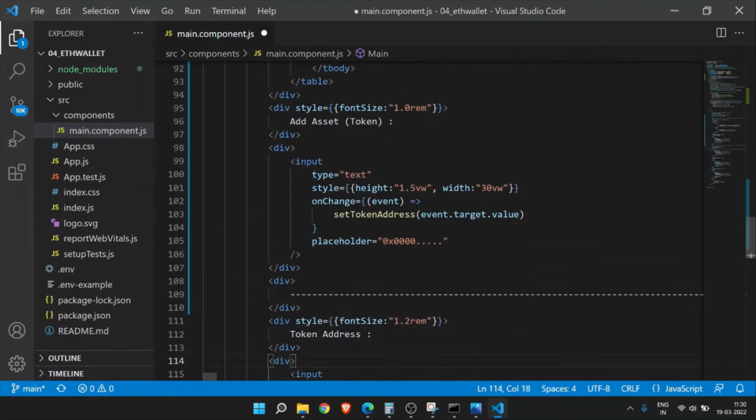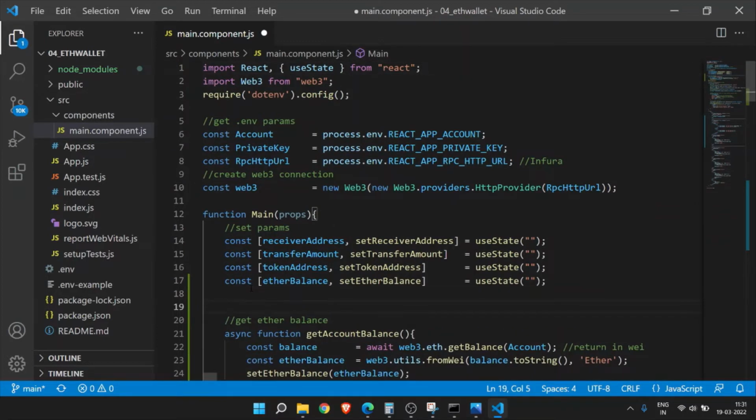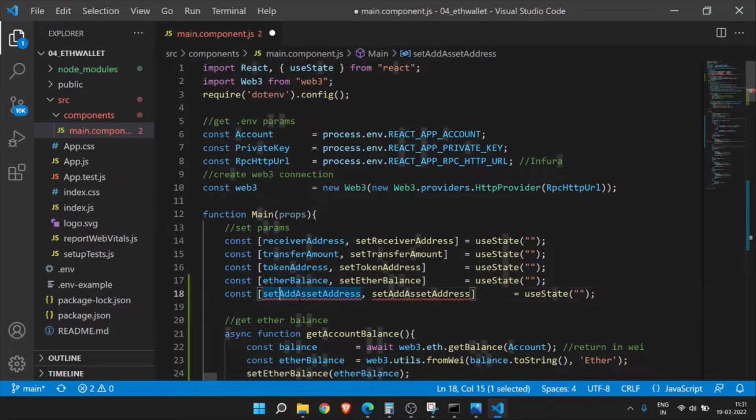So here you can change this function name, set add asset. So you need to add a variable. You can copy this entire part, paste this, and then set add asset address, and you can create a variable that is add asset address. Okay,